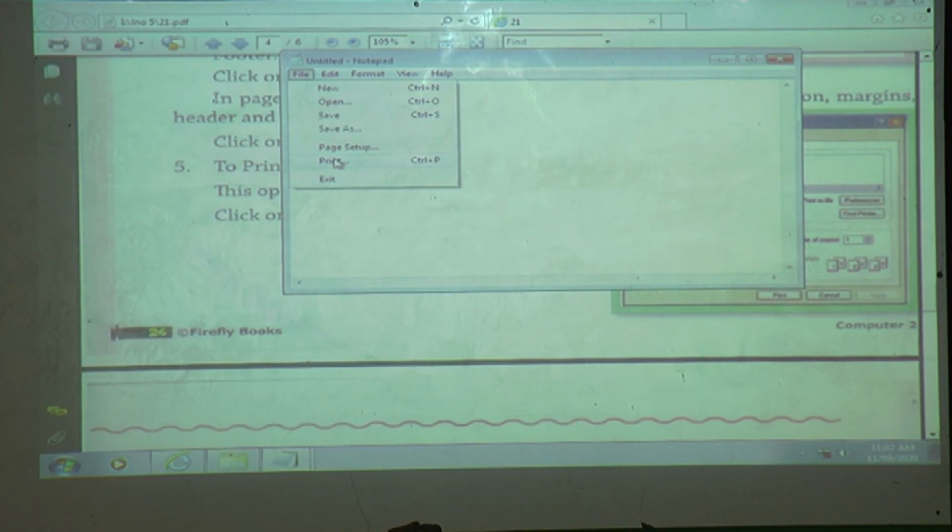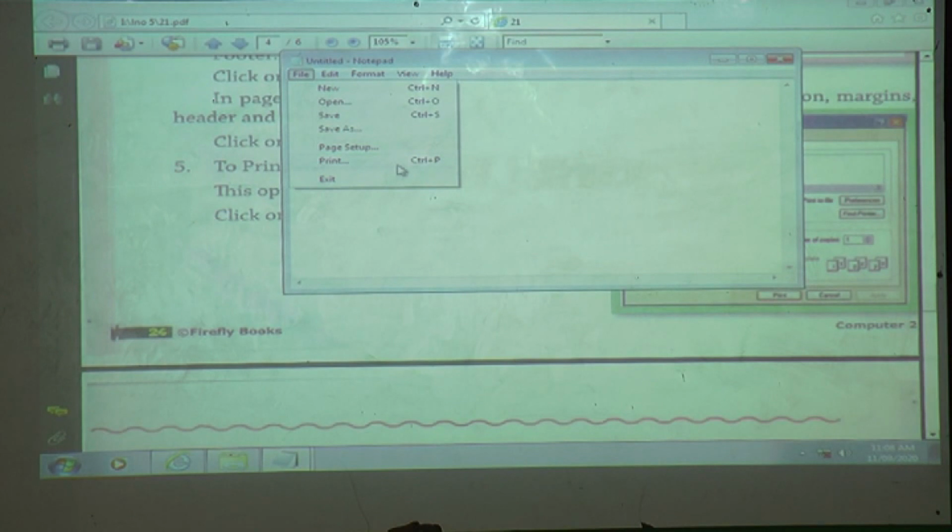If you want to get the computer-written copy on one page or one paper, at that time we can use the printer, right? And before that we have to click the print option. You can see here print, and by using the printer we get the hard copy of this page.